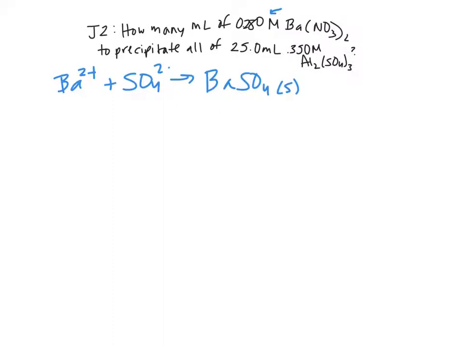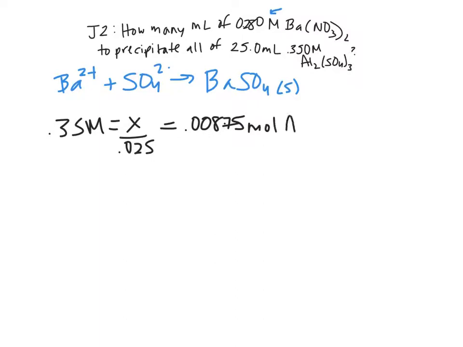So we have 0.35 molar equals X over 0.025. And you could use a molarity to convert milliliters to moles, like with a box chart with stoichiometry, but I prefer to do it this way. So let me just pull up a calculator. And I'm going to multiply these two together, so it's going to equal 0.00875 moles of aluminum sulfate, which is